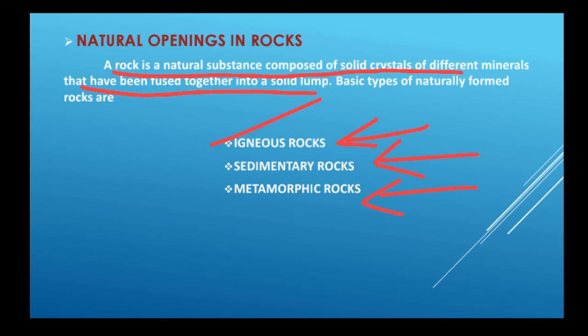Whenever volcanic action or any other action forms molten material, at that time igneous rocks are formed. They include not only lava from volcanoes but also rocks like granite, which is formed by magma and solidifies underground. Granite makes up large parts of all our continents.